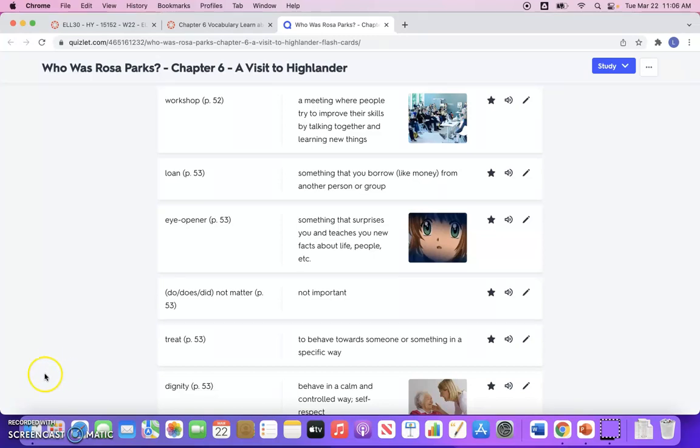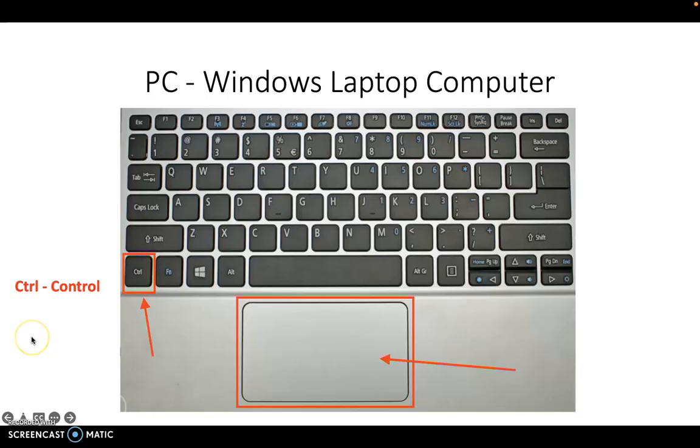Let's take a look. So here's a picture of a keyboard on a typical PC or a Windows laptop computer. For example, if you have a Dell computer, that's a PC or a Windows style laptop. And if you want to open up more than one website into tabs at the top, it's very simple.